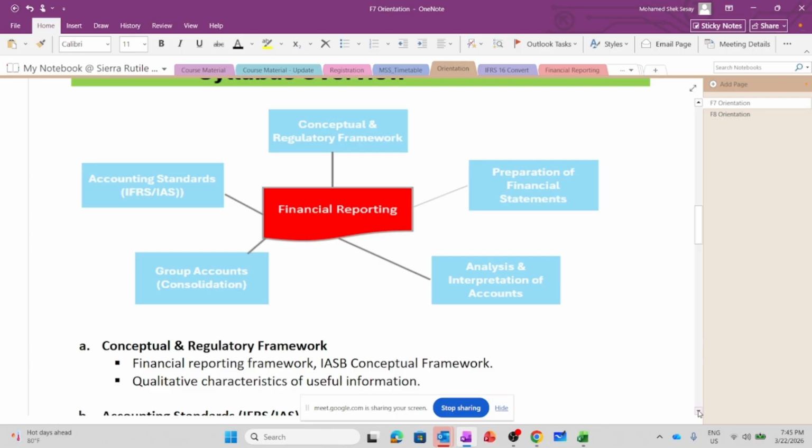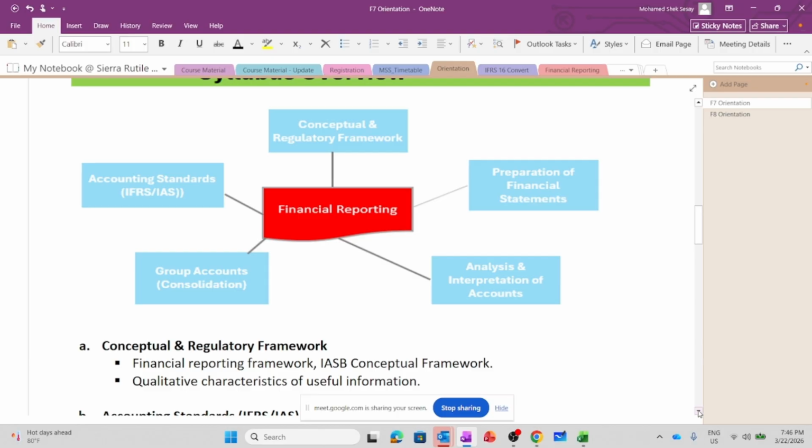For example, if we are talking about the components of the financial statement, we're going to look at the statement of profit or loss, which was previously called the trading account. Also, we are going to look at the statement of financial position, which is the balance sheet. We're going to look at the statement of cash flow, which is as per IAS 7. Also, we are going to look at the statement of changes in equity, and the notes to accounts. So putting these five components together will give us the financial statement, which is a single